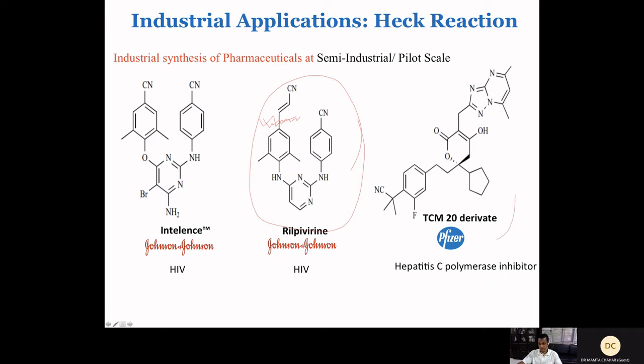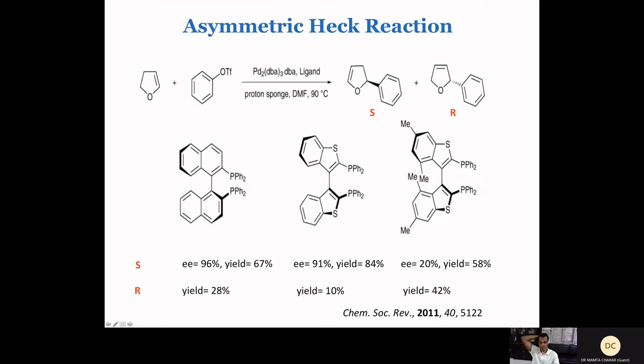Similarly, the TCM20 derivatives by Pfizer can also be synthesized by utilizing the Heck coupling reactions. Okay, so these are all very useful compounds, available in market or in medicinal form. There is an exciting transformation. There could be an opportunity to generate